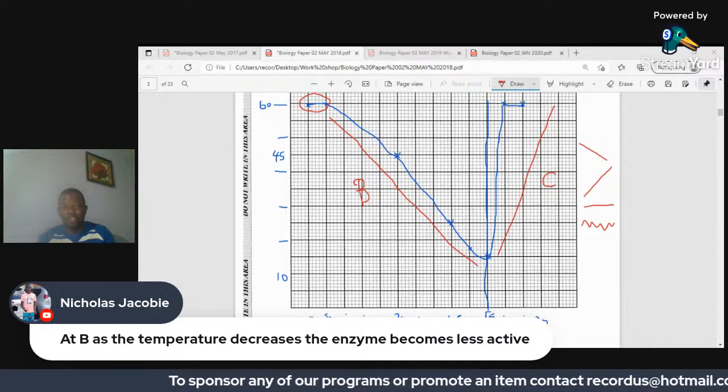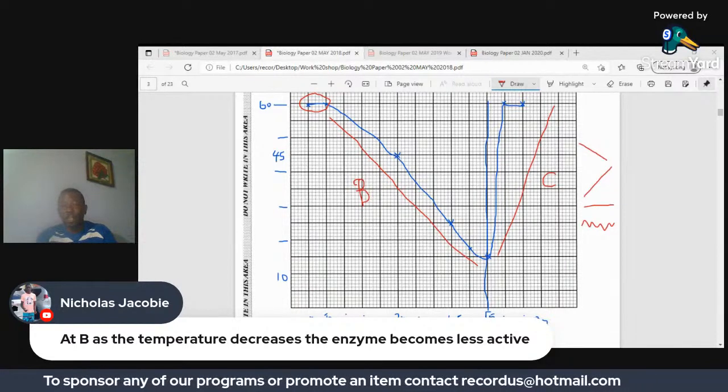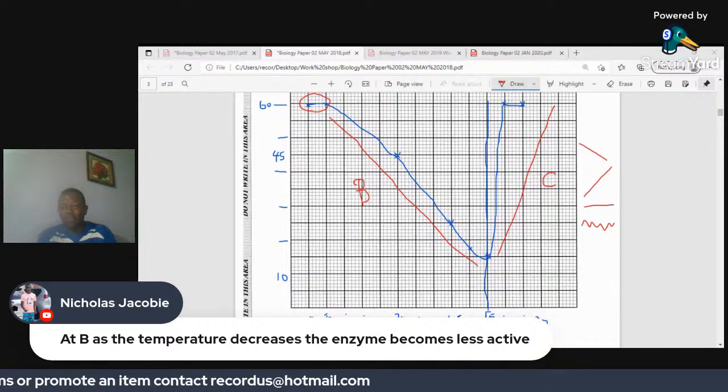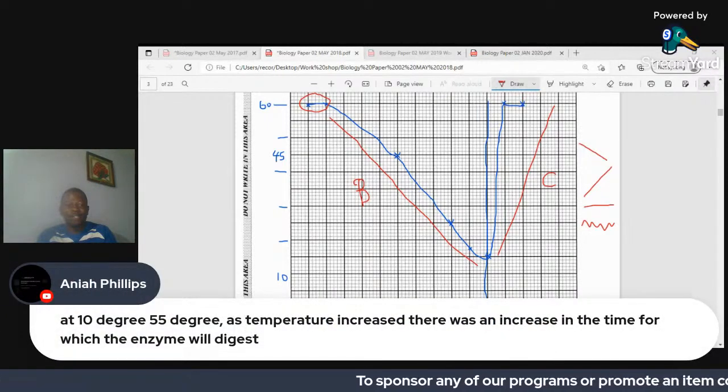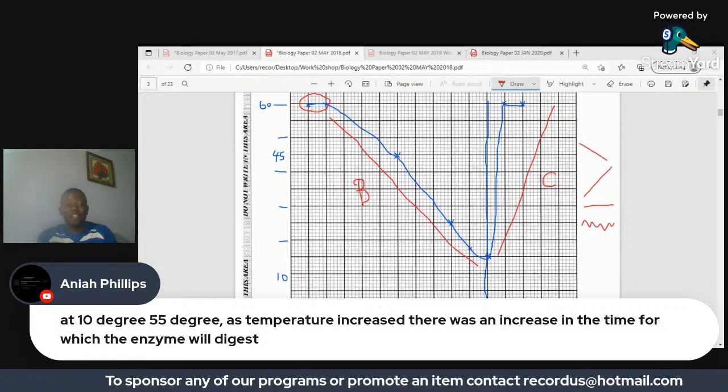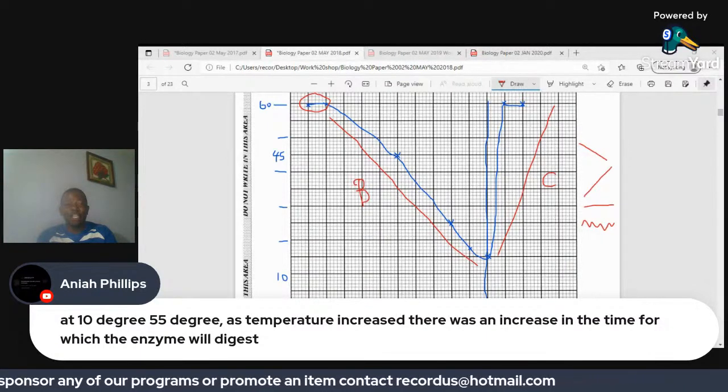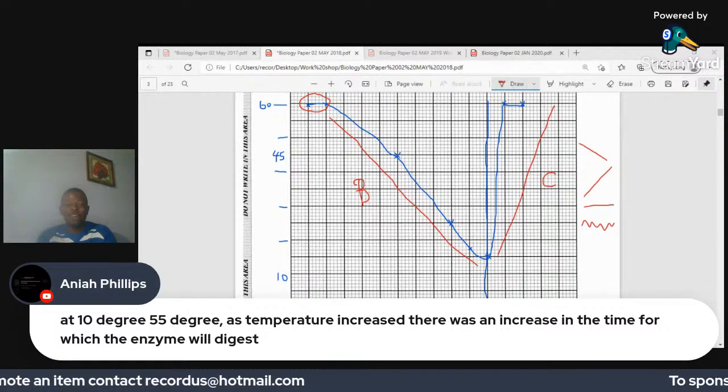All right, great. So let us look at something else. I want to hear from everyone. Oh, at 10 degrees to, let me put this one on the screen. At 10 degrees to 55 degrees, as temperature increased, there was an increase in the